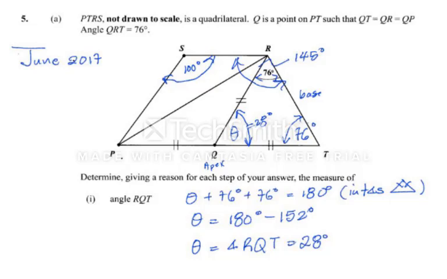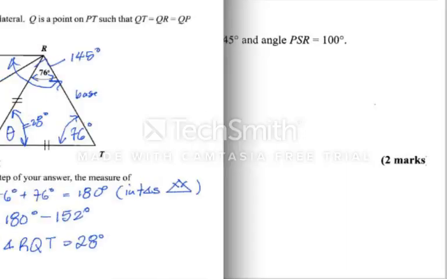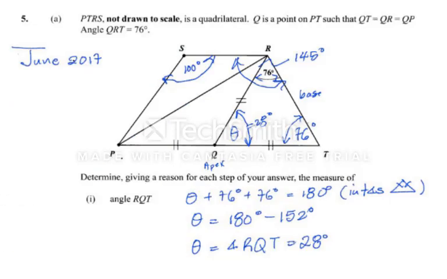All right? And the angle we're asked to find is angle SPT. That will be this angle here. All right? Now, how are we going to find this? Let's call it alpha. All right? So PTRS is a quadrilateral. We're told that. Now, the four interior angles of all quadrilaterals add up to 360 degrees. So therefore,